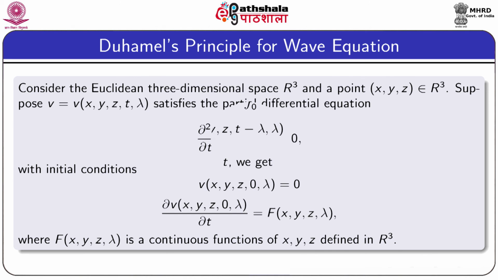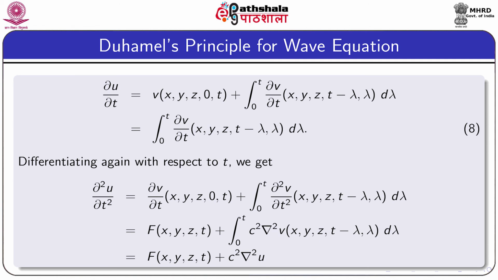So, if we substitute it here, it becomes capital F(x, y, z, t) plus integration 0 to t. The value of del 2 v del t square is c square Laplace square v,